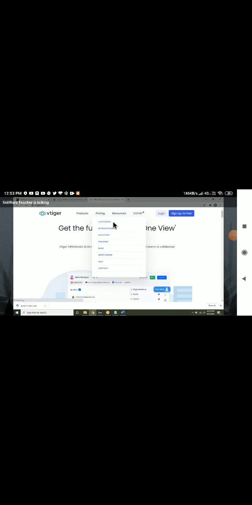Do you get what this assignment is? See here, go to vTiger, then click on customers under resources, then double click on read full story and check whether the Hacker Earth page is displayed. What is the meaning? Go to vTiger, after that go to resources, then customers. After that, do double click.